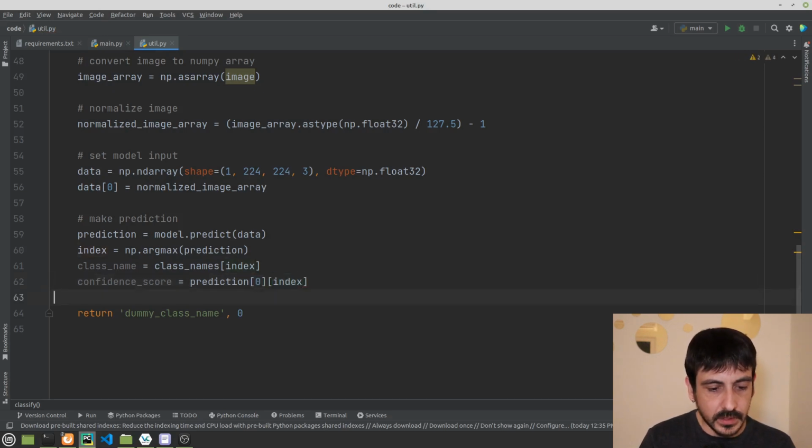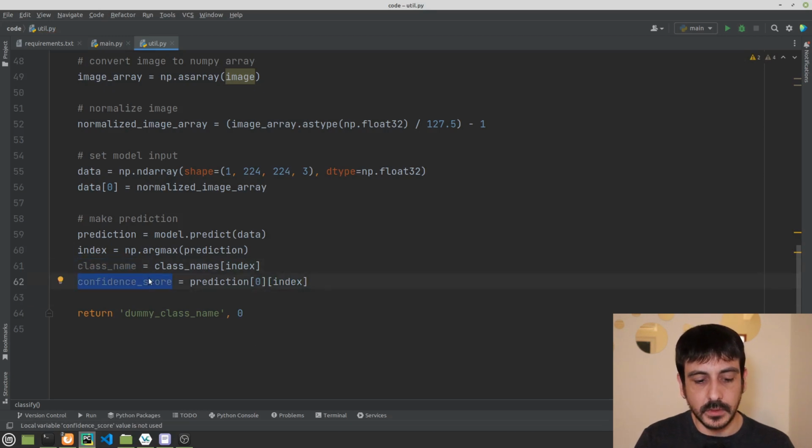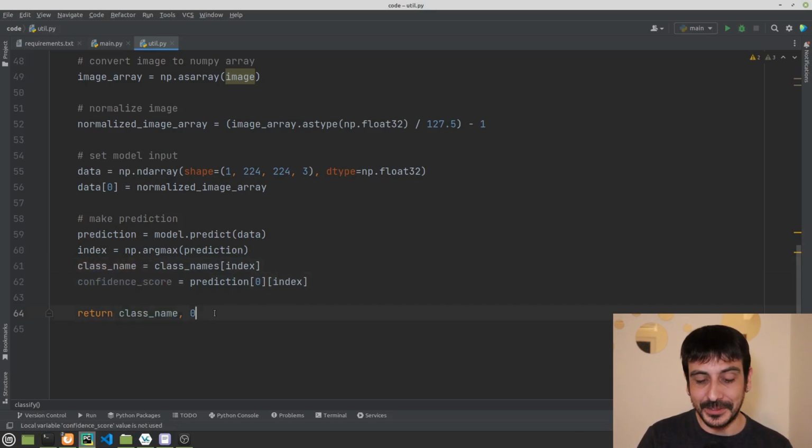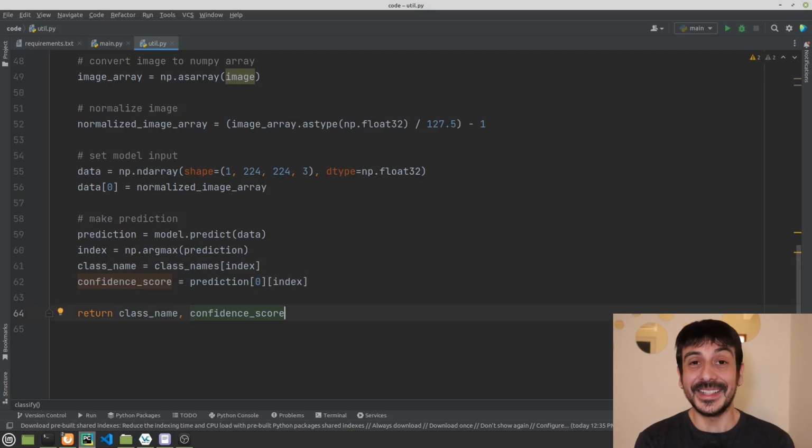So this is exactly what we need to do in order to get the class name, and in order to get the confidence score of the prediction we are getting over here. And that's pretty much all. And now the only thing we need to do is to replace this value and to replace this other value, and that's it.